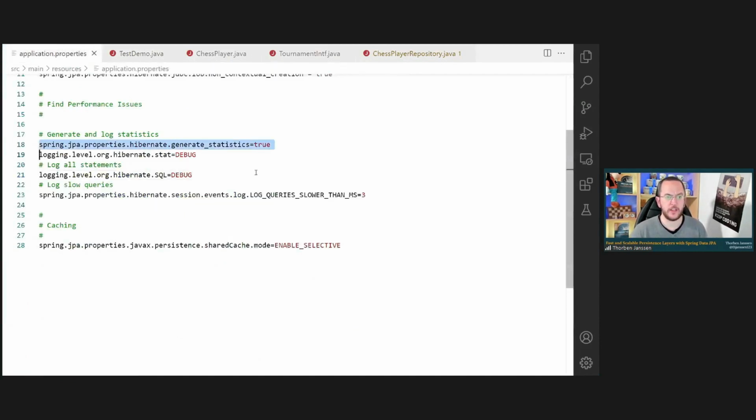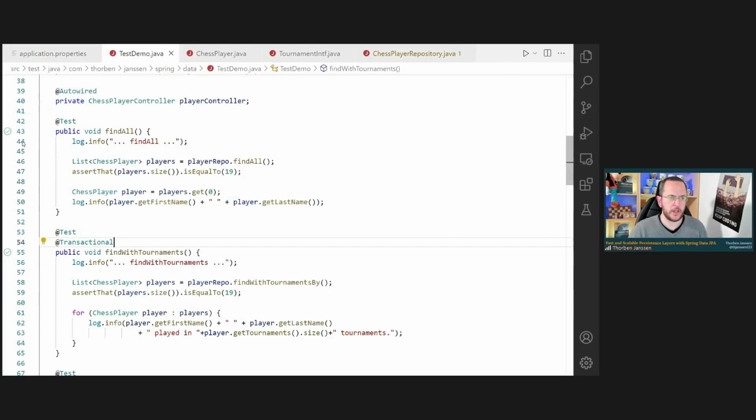And I set the hibernate.generate_statistics property to true. I also set the log level to debug. And I configure the slow query log down here to log all queries slower than 3 milliseconds. So if we do that and then run this simple test case, here I have a player repo, which is